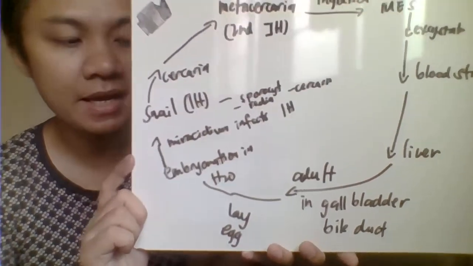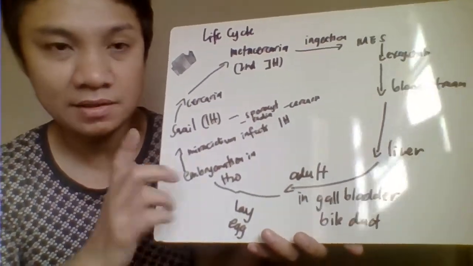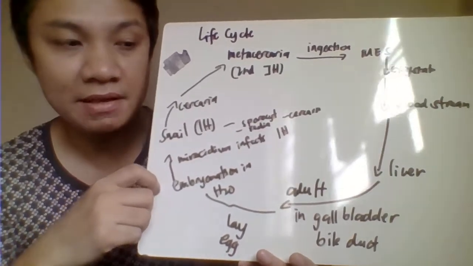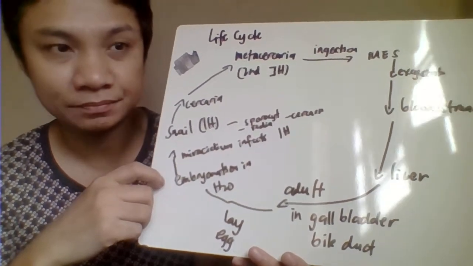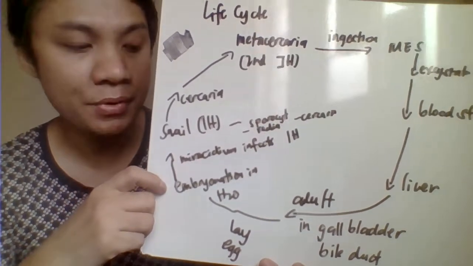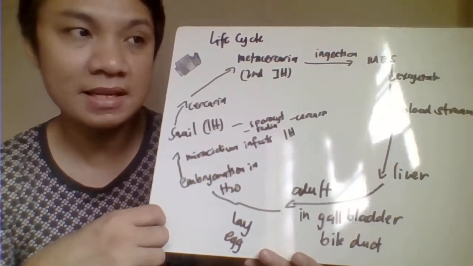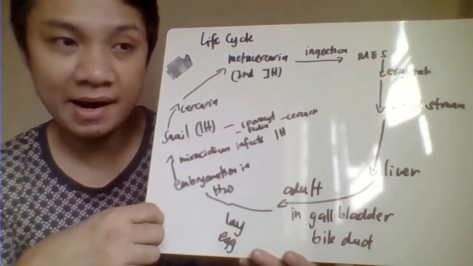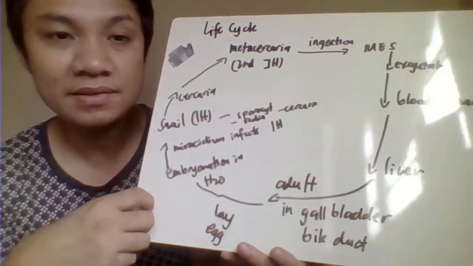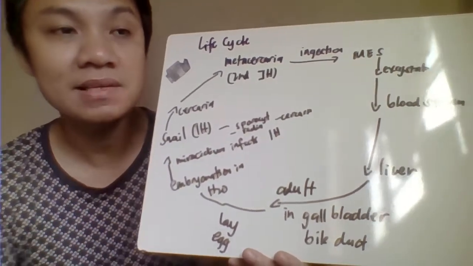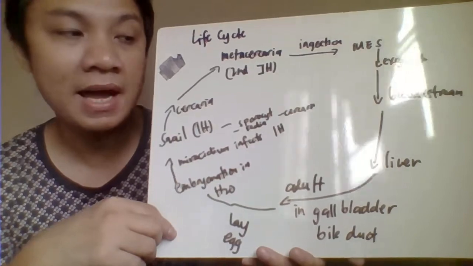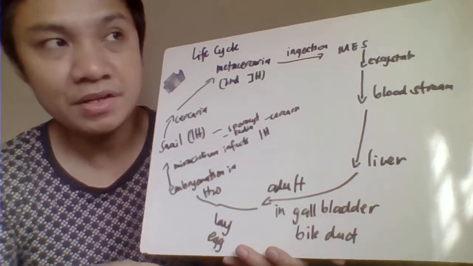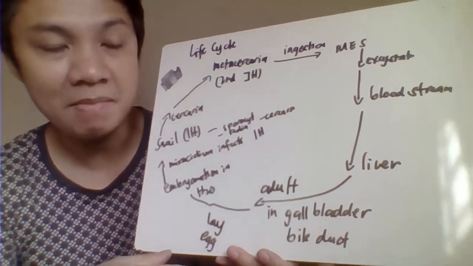Okay, then we have the life cycle of the liver fluke. This is applicable not only to Fasciola hepatica but as well as to Clonorchis and even Opisthorchis. So you get infected by this through the metacercaria present in the second intermediate host. The second intermediate host here would be the water vegetation, like grass or blades or watercress. You get infected by ingestion of that containing the encysted metacercaria. When one eats that second intermediate host, the metacercaria will go to your